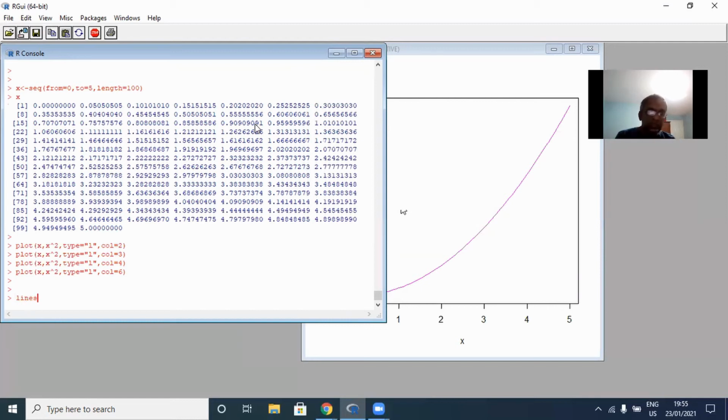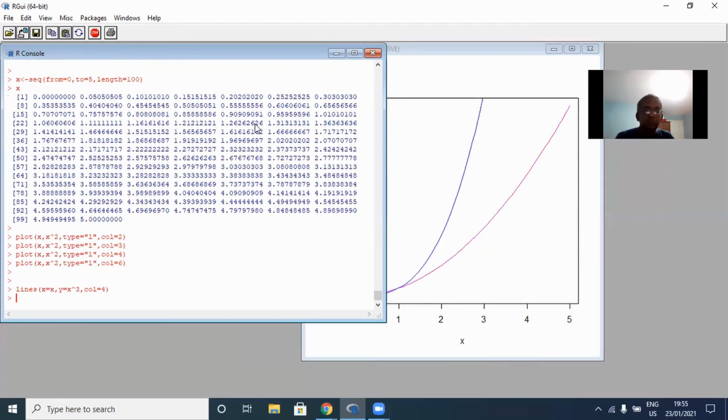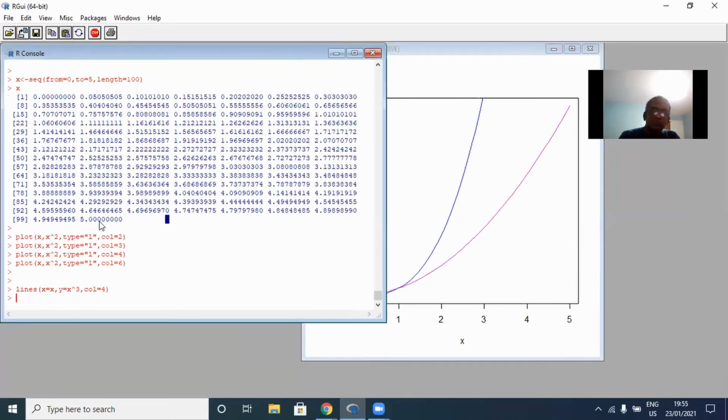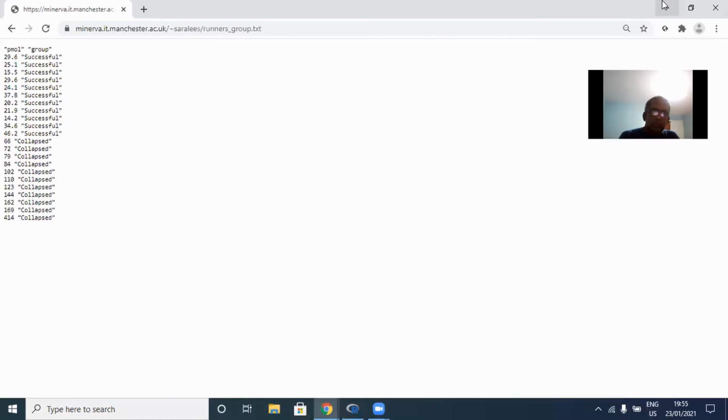You can also use the command lines. So the lines command has the same effect as a plot command. So here I have plotted x cubed versus x using the color 4, which is blue, right? Okay. So that completes the